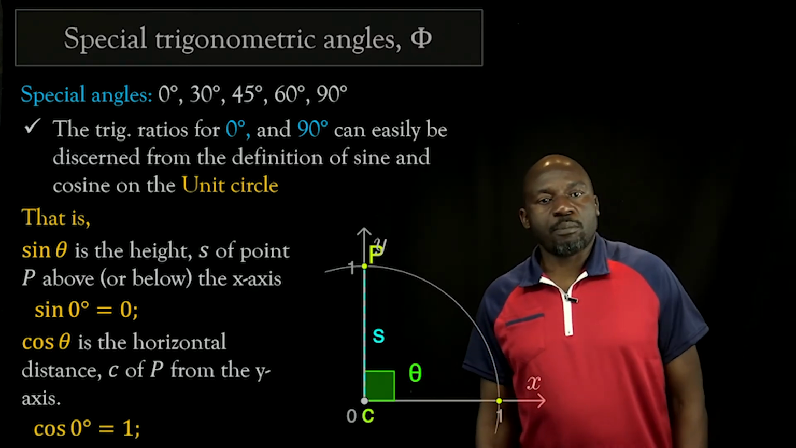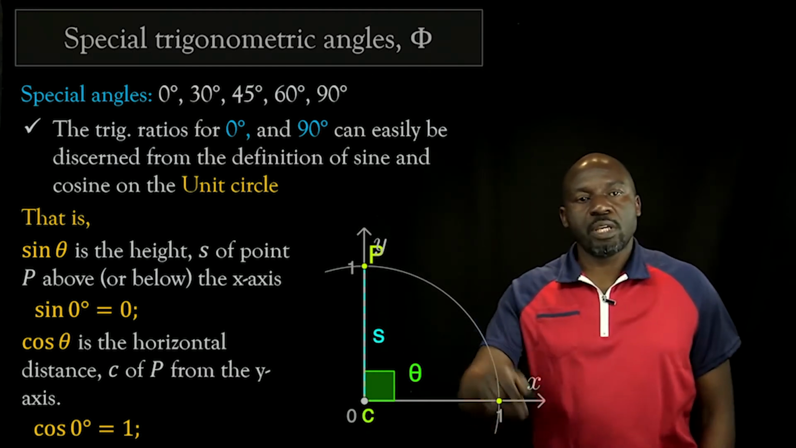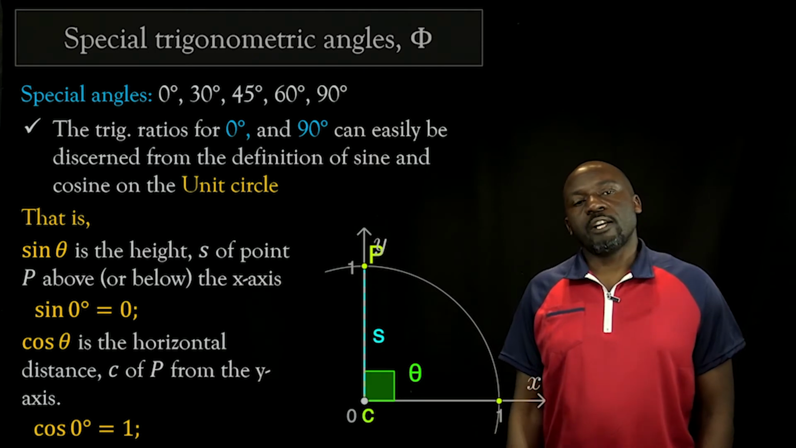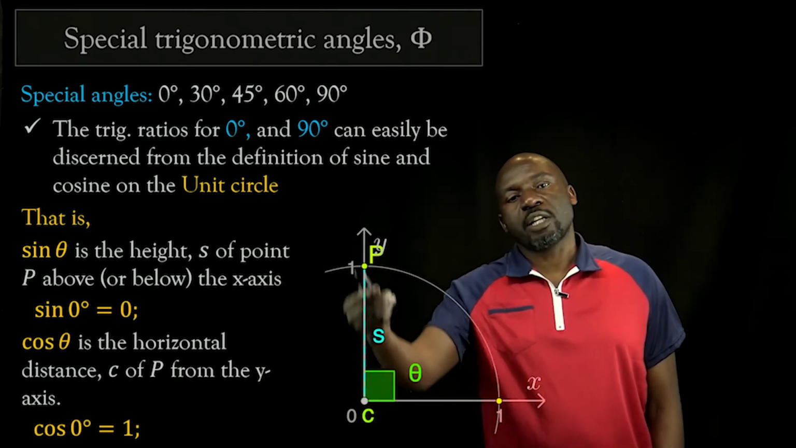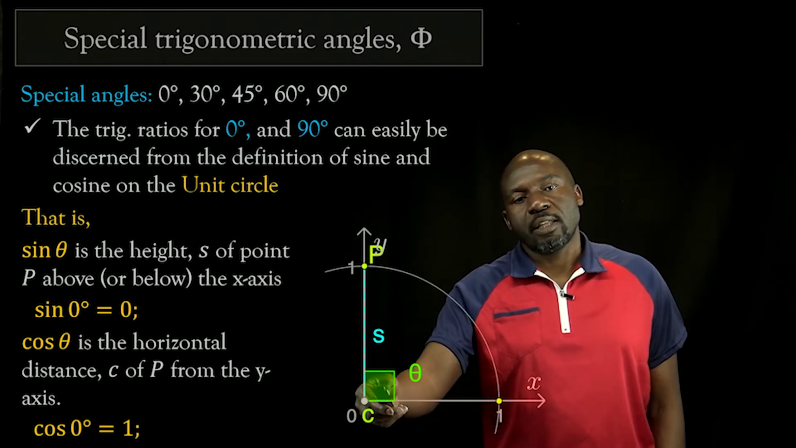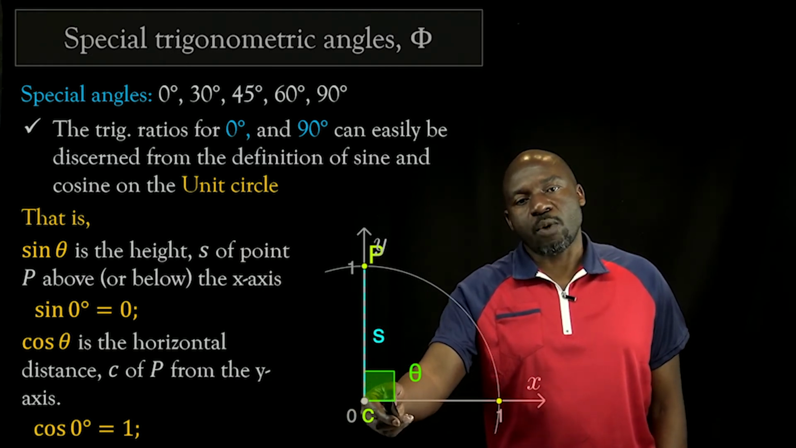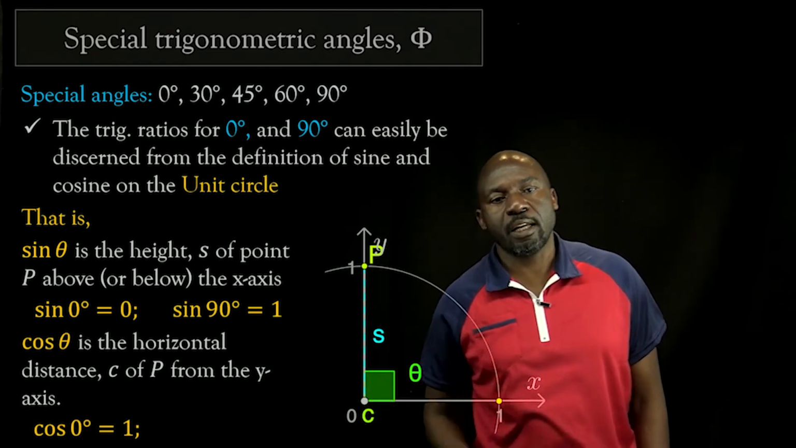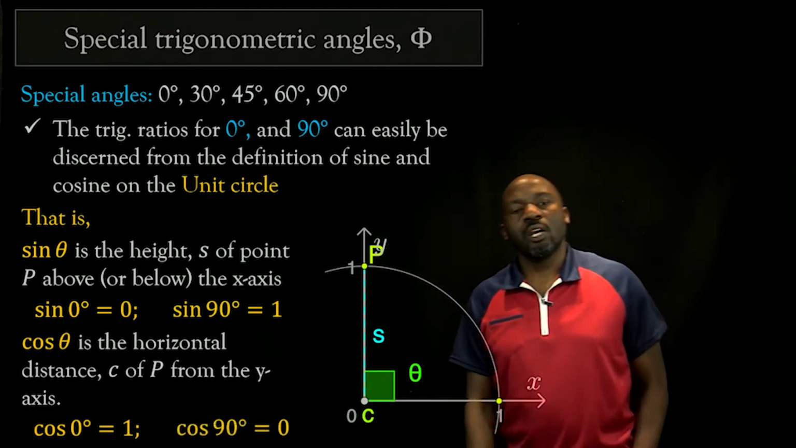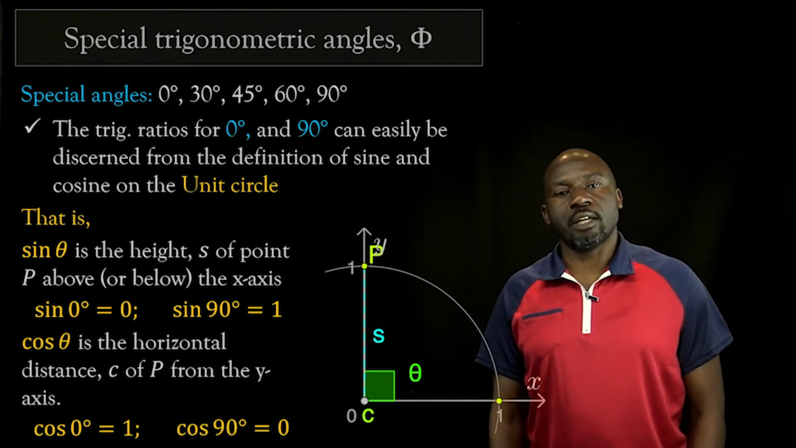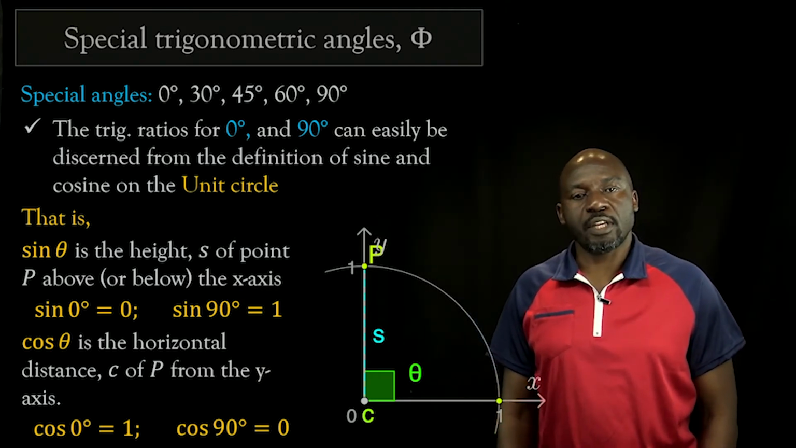C, what about at 90 degrees? So when P is at the top there, or on the y-axis, then clearly we can see that sine is maximum while cosine is 0. So we conclude that sine of 90 is 1, while the cosine of 90, the length of c there, is 0. Okay? With that information, it should be possible for us to calculate the tangent of 0 and the tangent